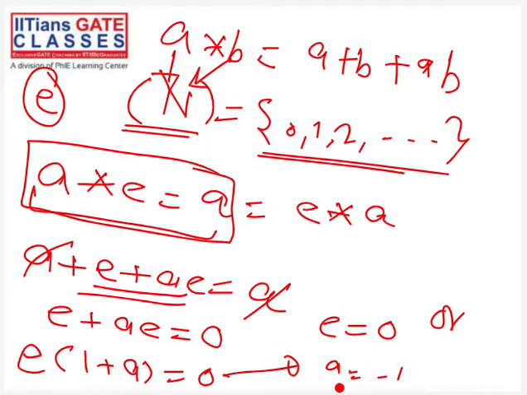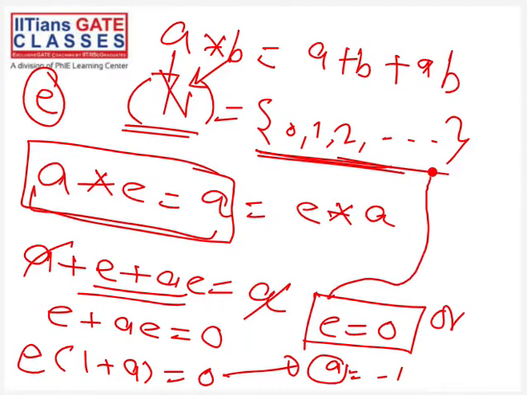But we are not interested in anything, we are only interested in E. Moreover, there is no -1 in our base set. Basically this variable A is coming from this base set. Also remember, this identity element also should come from this base set. So if this base set had no zero, then there would be no identity element, because everything must come from the base set. So you can see we can just cancel out this thing, because there is no -1 in our base set.